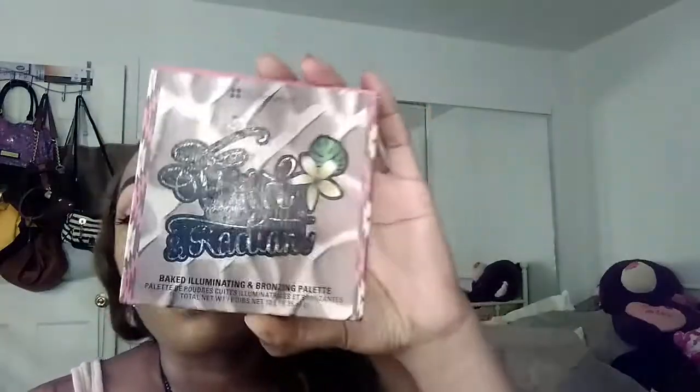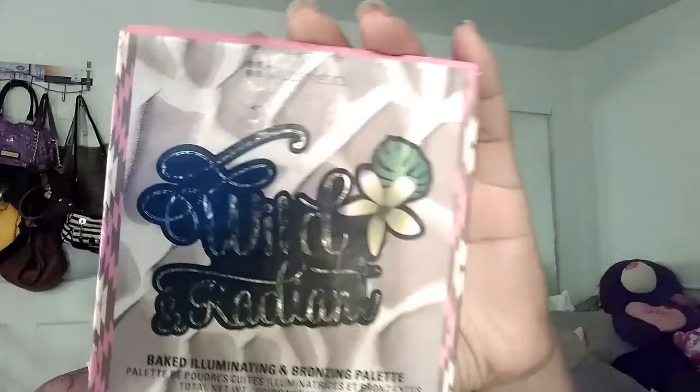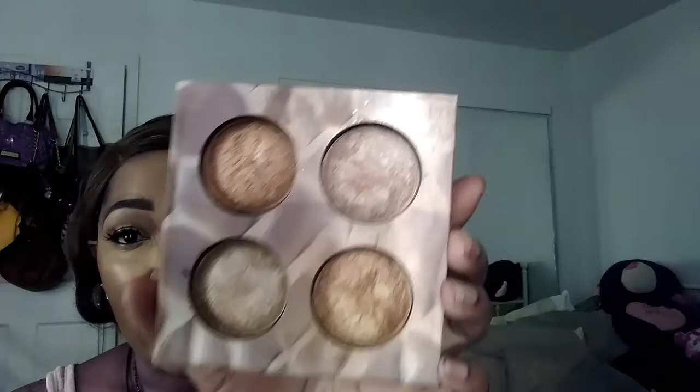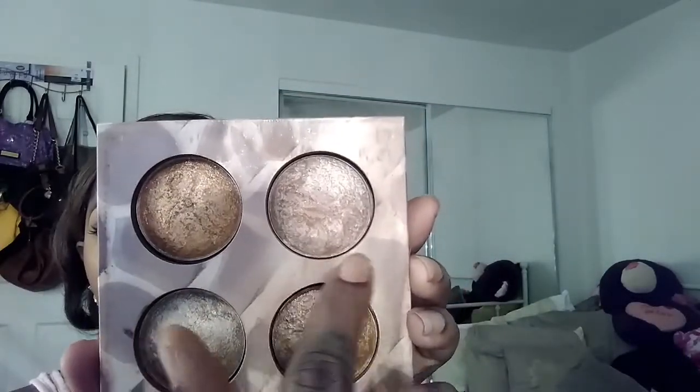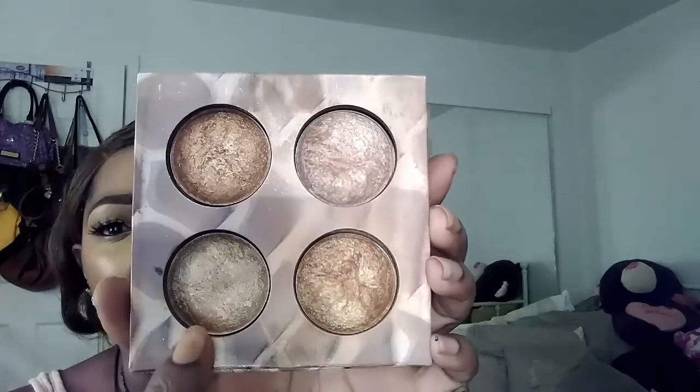And then after that, you guys, I finish off with my favorite. This is my favorite. I don't care how many highlighters I ever get. This will always be my favorite one. This is the BH Cosmetics Wild and Radiant Baked Illuminating and Bronzing Palette, but it's a highlighter for my color. I'm sure y'all know about this. It comes with these 4 different colors. This one is like a gold. This one is sort of a golden taupey color. This is a lighter gold. And this one is like a